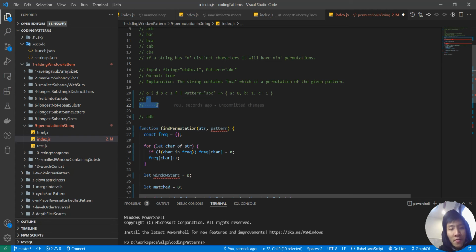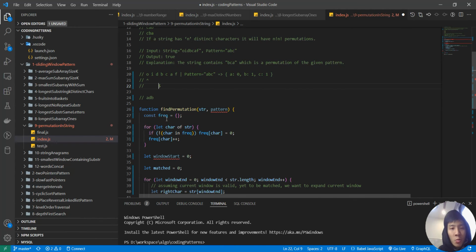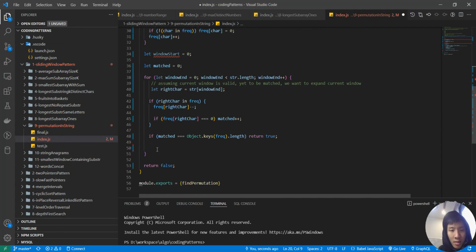So we can only find a window that matches the pattern if the window size equals the pattern size. There's no way to check a window like this. So when it reaches the size of the pattern, down here, and still does not run into this here,